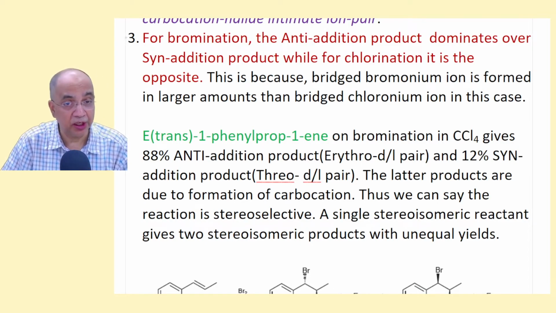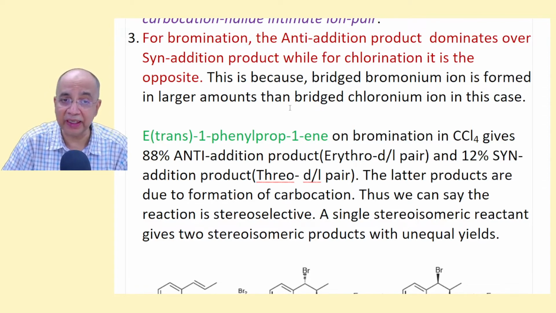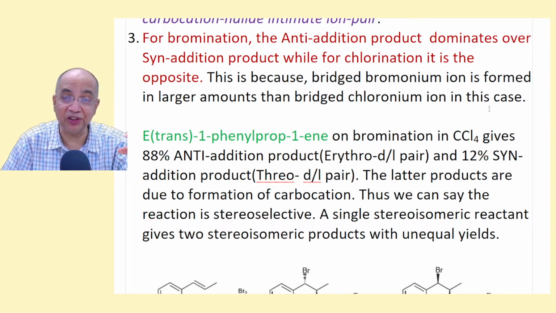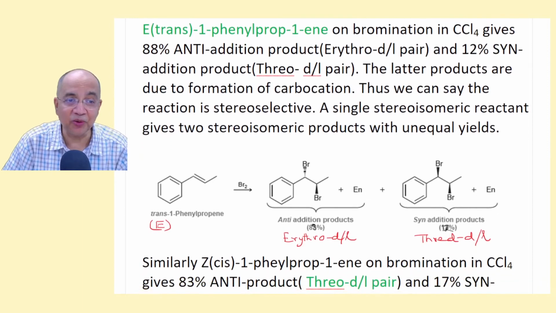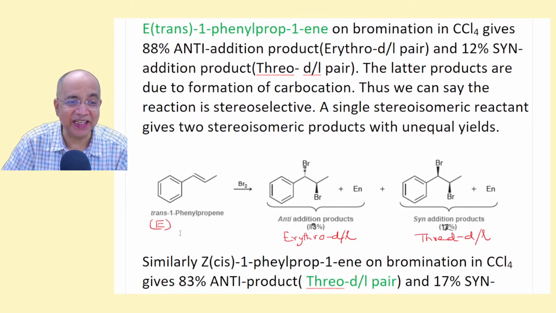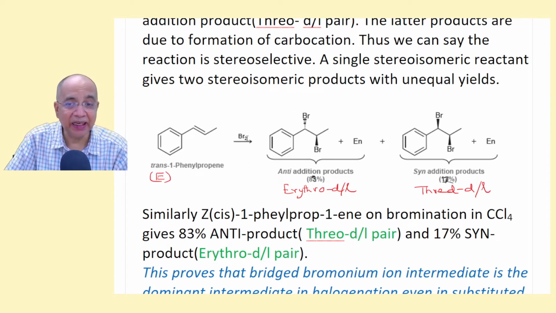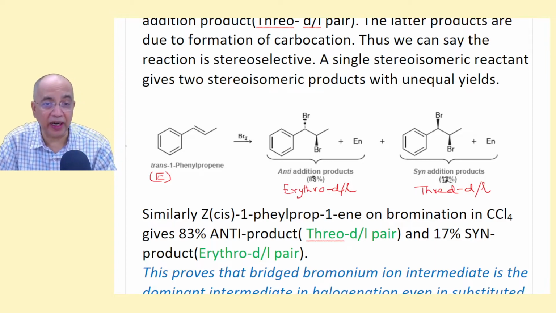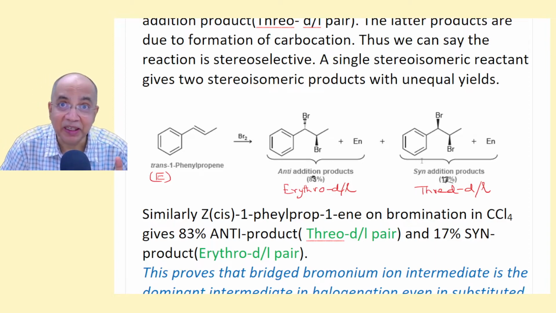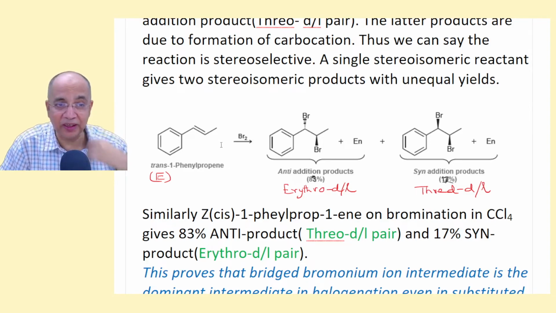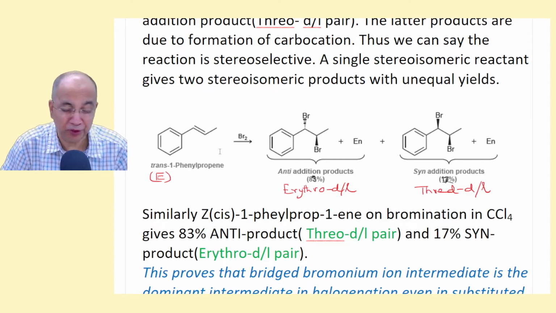This is because the bridged bromonium ion is formed in larger amounts than the bridged chloronium ion, in a case where there is a possibility of resonance stabilization. Now see, in this case, this is E, a benzene ring, and these are opposite, they are E. So when you brominate in carbon tetrachloride, don't take water because we are not interested now in halohydrin, in a non-polar or non-nucleophilic solvent,